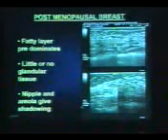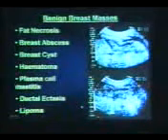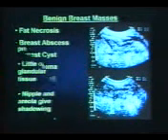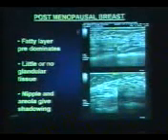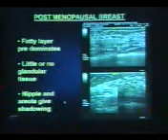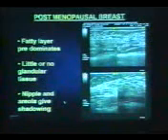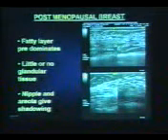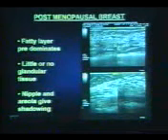Then we can see the postmenopausal breast, where the glandular tissue shrinks, because in postmenopause the glandular tissue shrinks and fatty tissue predominates, and this is the area where we can see the fatty tissue. The glandular tissue shrinks. This is the retromammary zone, and this is the small glandular tissue. Then there is little or no glandular tissue in old women, and as we already told you, the nipple gives you the shadowing.